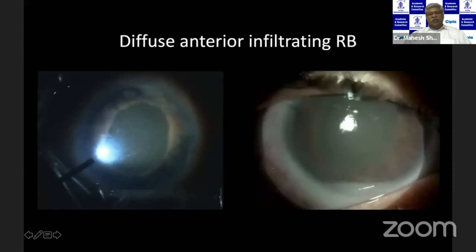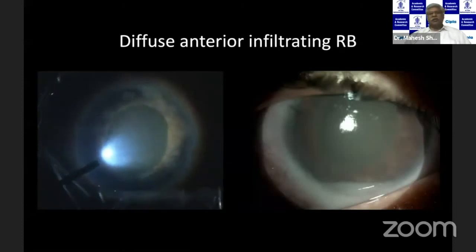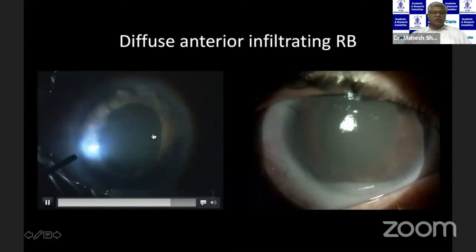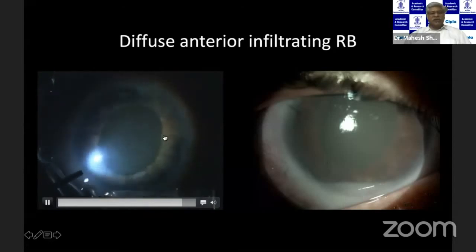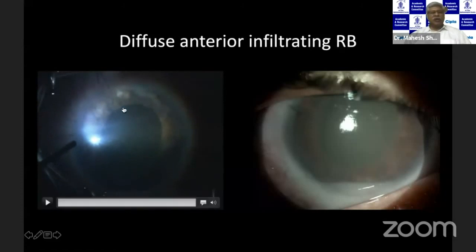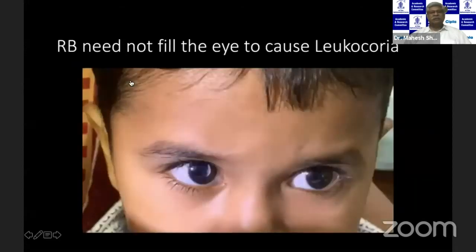The exception to this rule is a diffuse anterior infiltrating retinoblastoma. Here, the retinoblastoma tumor is extremely small and very anterior, and this can present with primarily anterior segment signs. This forms about 1 to 2% of all retinoblastomas, in slightly older children. Here we have a hypopyon of tumor cells, and you can see large tumor cells floating around in this child, who had already undergone a lensectomy vitrectomy for a mistaken diagnosis of endophthalmitis, and we can see these deposits of tumor on the surface of the iris.